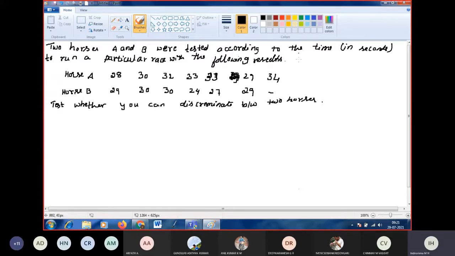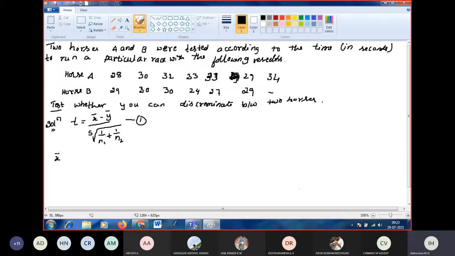Now first we have to consider the t distribution. We are testing the significance, test of significance between the two horses. Solution: first I will write the formula for the t distribution if they are given two samples. t is equal to x bar minus y bar divided by s into square root of 1 by n1 plus 1 by n2. Call it equation number 1. The variables in the formula we have to find, then substitute in t, then do the simplification.